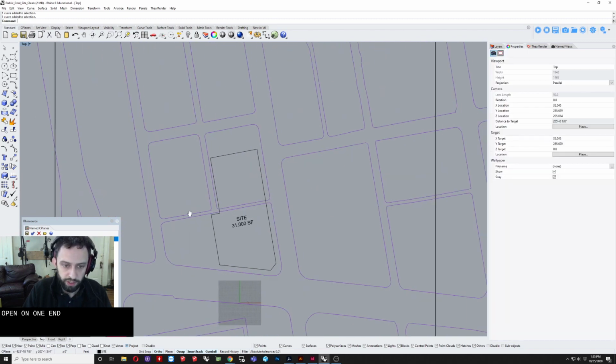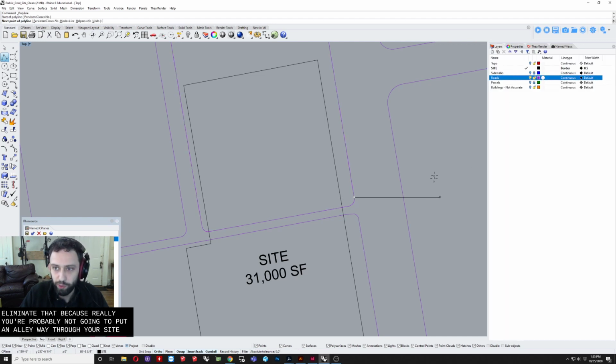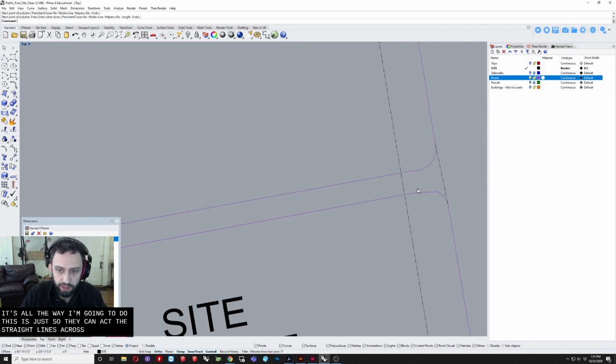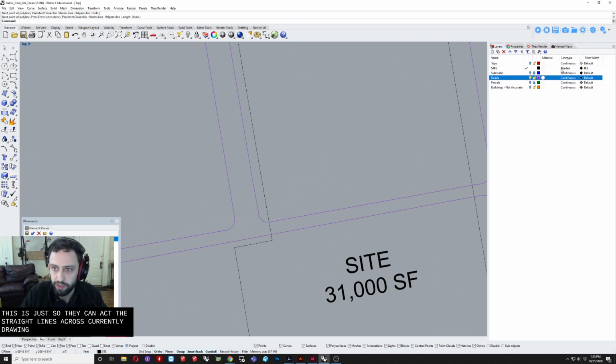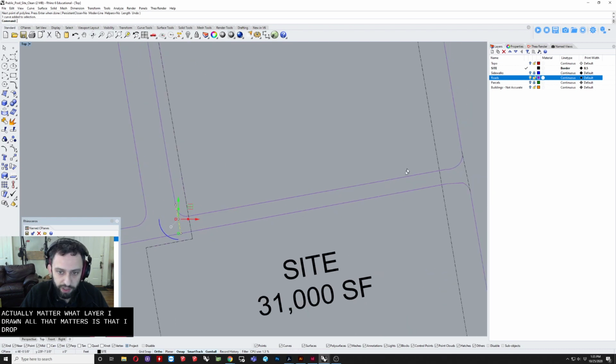Okay. So the other thing I want to do is, our site, as shown, has an alleyway going through it. I'm going to eliminate that because really, you're probably not going to put an alleyway through your site. And so the way I'm just going to do this is just sort of connect the straight lines across. I'm currently drawing on the site layer. It doesn't actually matter what layer I draw on. All that matters is that I draw curves that connect, because now I can use these to trim